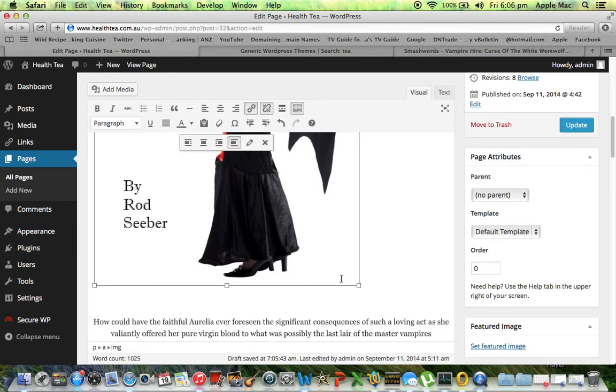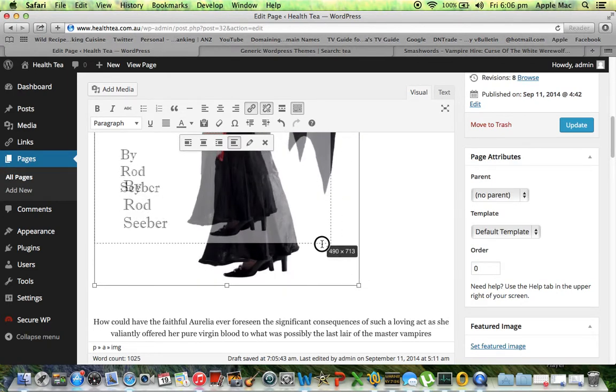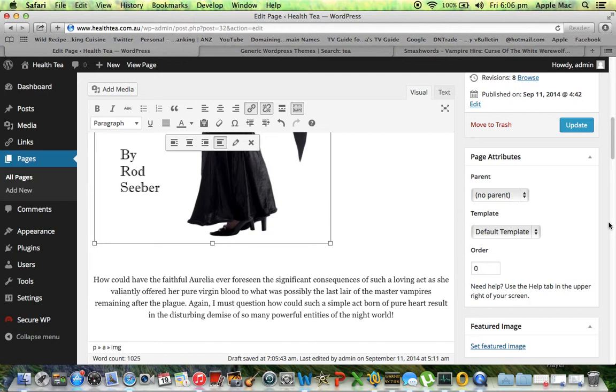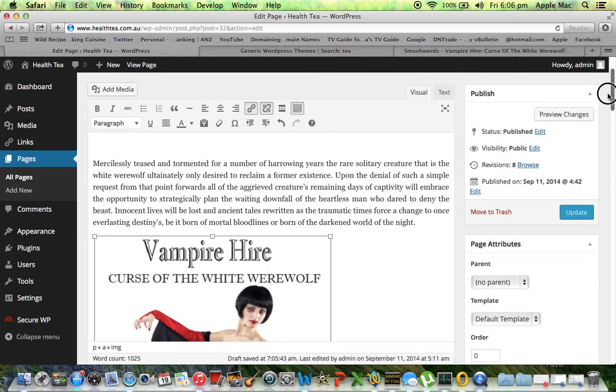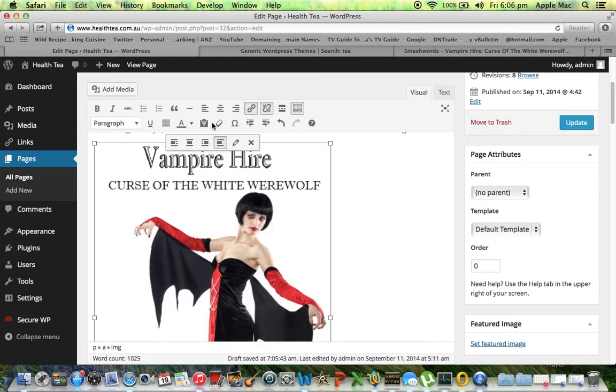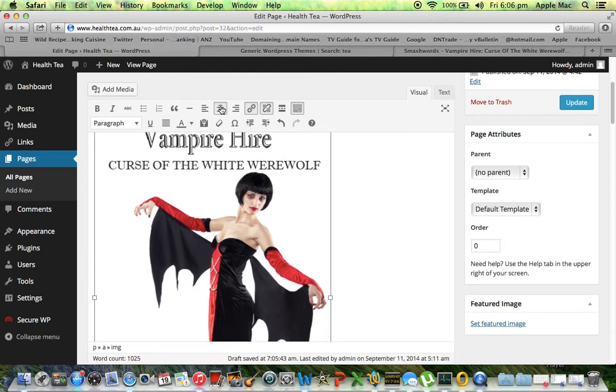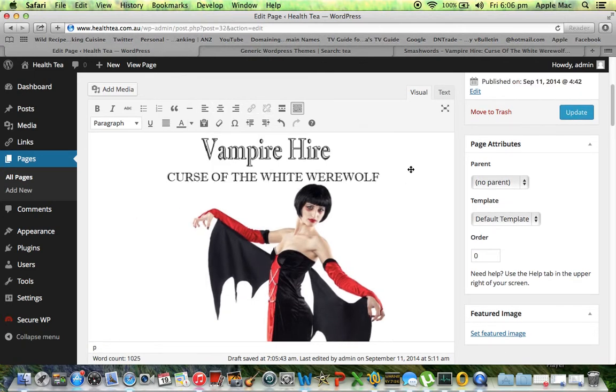I'll click on it. I might just make it a bit smaller. You can simply click on the picture and drag it in a little bit to make that happen. That's not a bad size. We're still highlighted, as you can see, because of these little squares and the edit box up here. That means I can click, I can center it, I can update it now that I've reinstalled the picture,